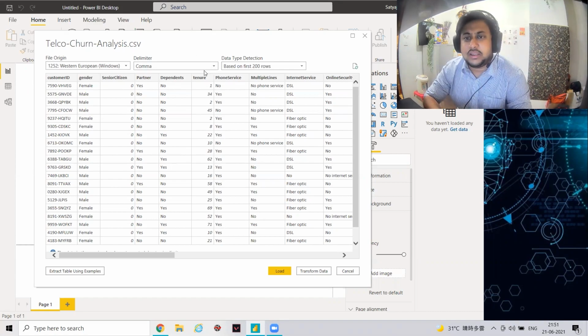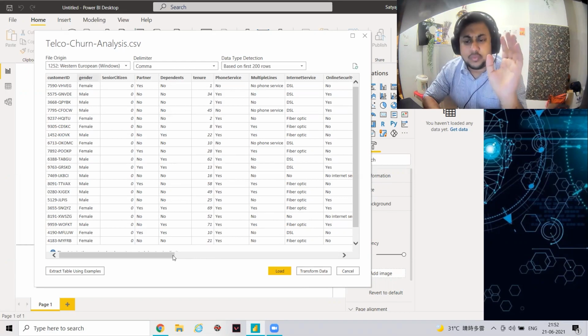So this is basically one screen showing how the data looks. And now you can see there are two options, one is load and one is transform data. Transform data is for when you want to change the data. For example, let's say you want to change females to zeros and males to one. That means you are performing label encoding, so you will have to go to transform data. If you have null values and want to delete them, or you want to replace some values, any kind of transformation you want to do to the data, you can go to transform data.